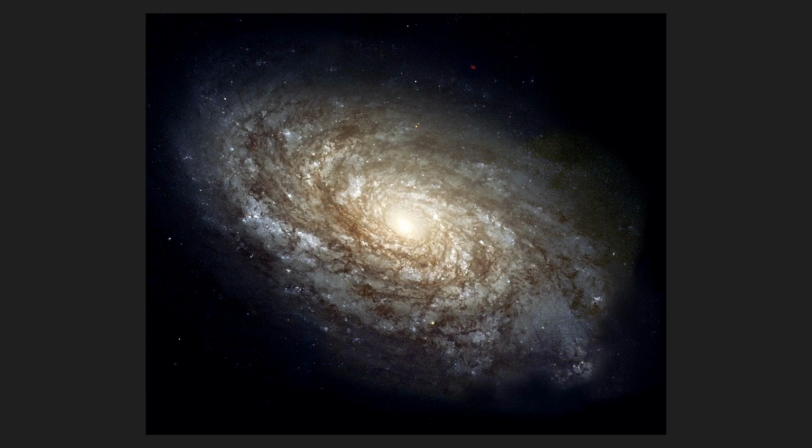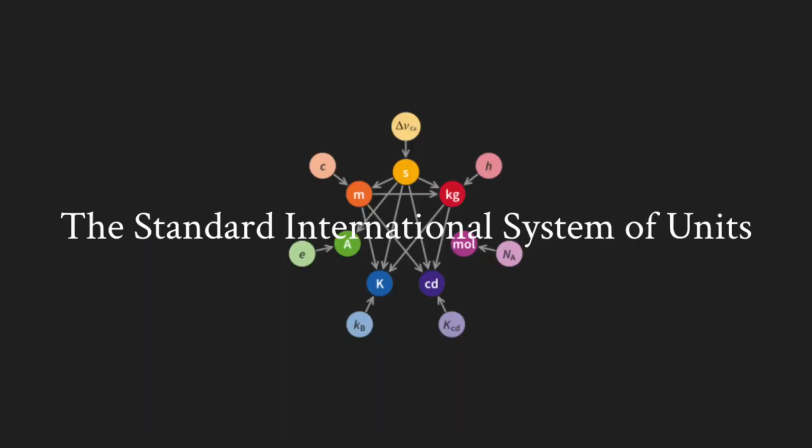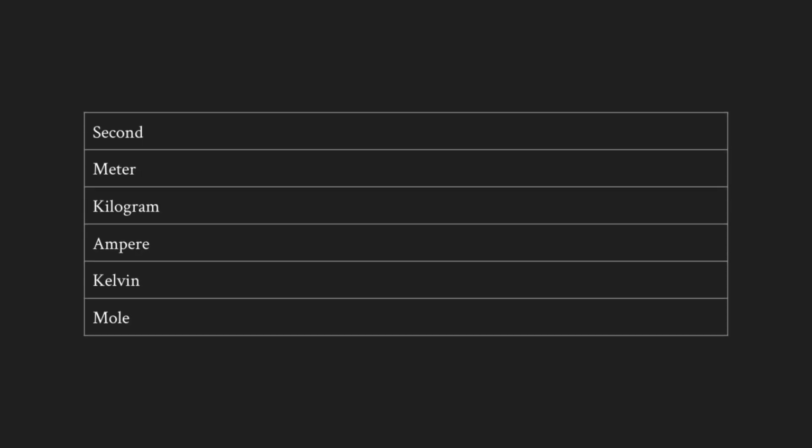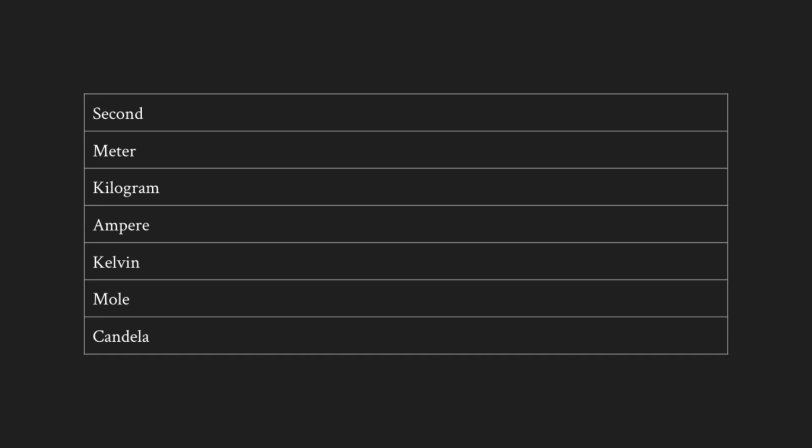And the system all these constants and measurements make up is called the SI. The Standard International System of Units, or SI for short, is a system of measurement defined via physical constants. The core of it relies on just 7 base constants. These units are the second, meter, kilogram, ampere, Kelvin, mole, and candela. What sets them apart from other base units like the volt, newton, or joule is that they use physical constants